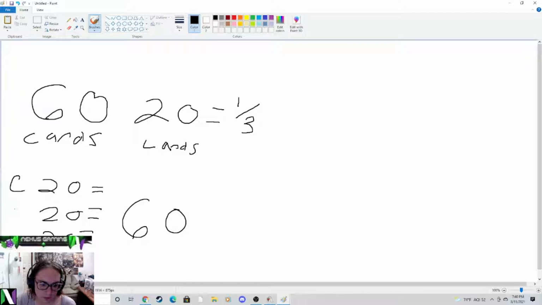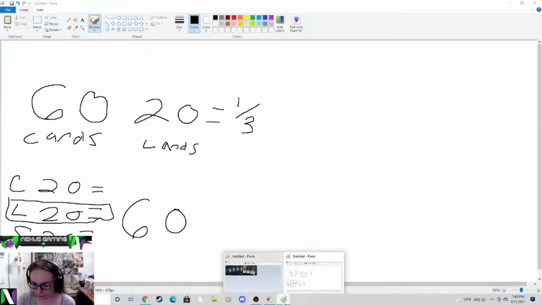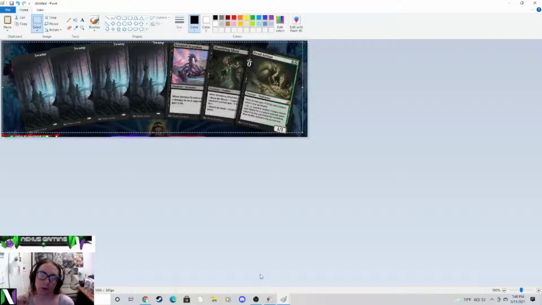Put C for creature, L for land, S for spells. Land. This is important. 1/3 of your cards will be lands. Keep this in mind because lands, you cannot play Magic without lands. You have to have them. You have to. So if we go back to this guy right here, obviously you have to have lands, but